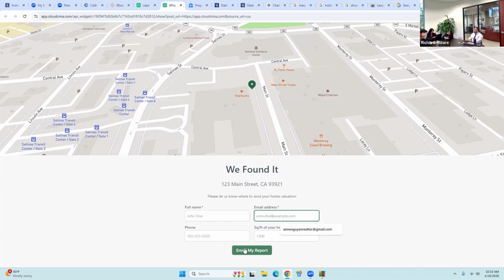Hopefully, if they left their phone number, that's great. If they didn't, they left an email address. You know where they live. You can stop by, drop off the CMA, print it out, or send them an email and say, hey, I noticed that you inquired about the valuation of your property. The system created a quick and dirty CMA. You don't have to say quick and dirty. That's what they call it at Cloud CMA. It created a quick CMA for you based on certain algorithms, but I created a custom CMA using real information,